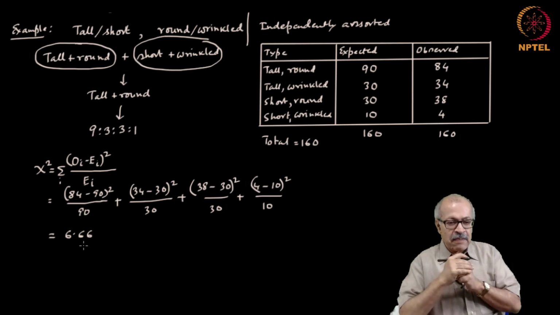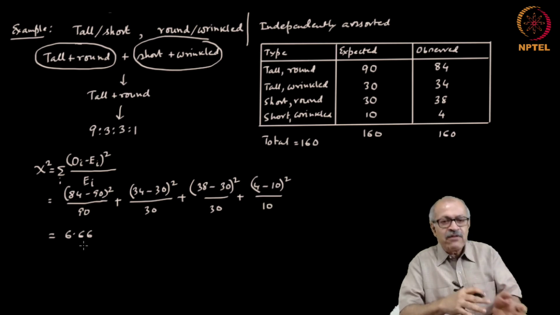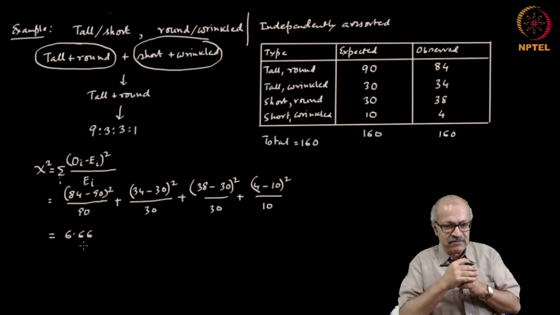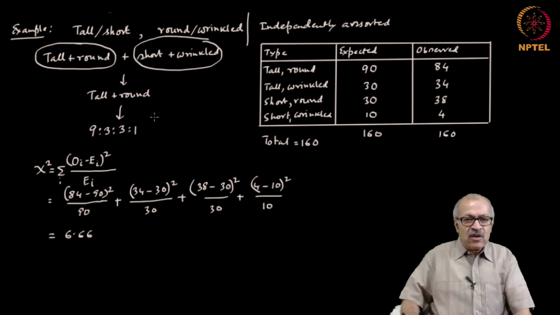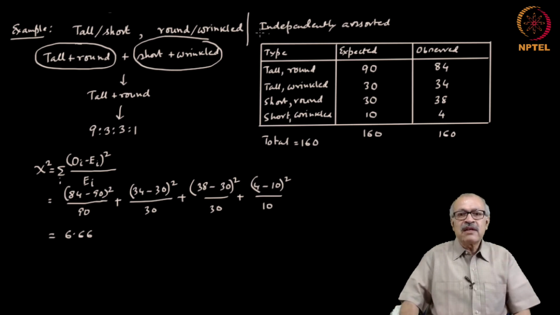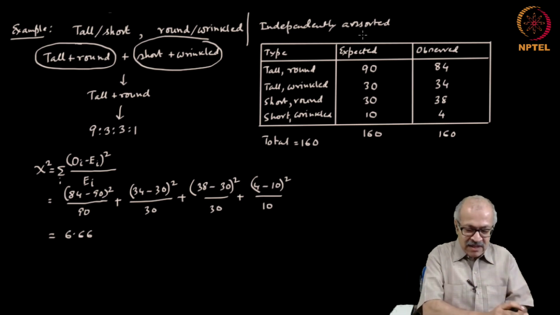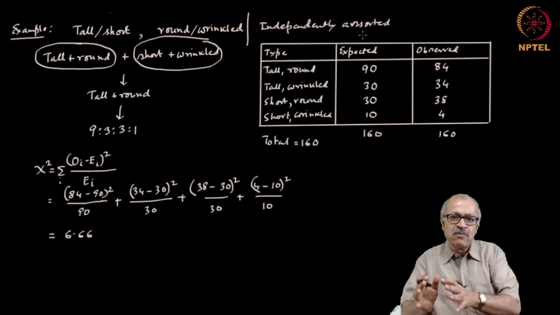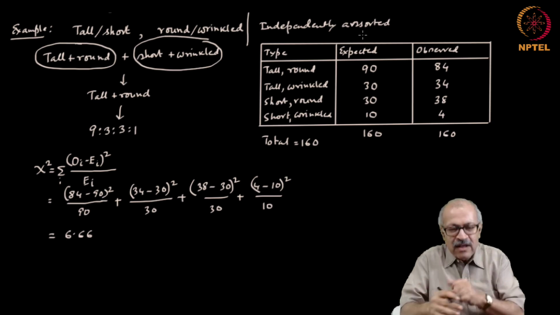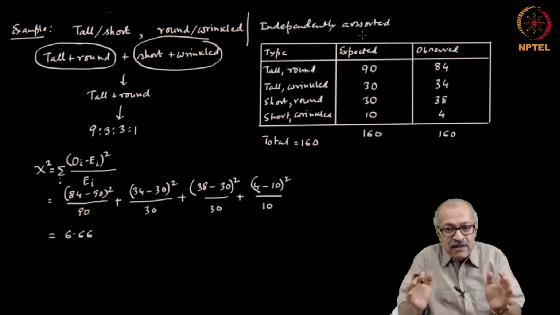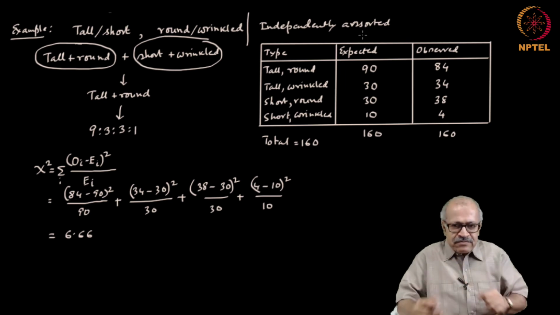Now, the question is how do we use this, and for that we need to refer to the table. I'll show how to read the table, but the point is that we are trying to figure out whether they are independently assorted. We are trying to make the assertion with 95% confidence, and therefore a significance level of 0.05. The significance level is 1 minus the confidence level, so we are trying to figure it out with a significance level of 0.05.